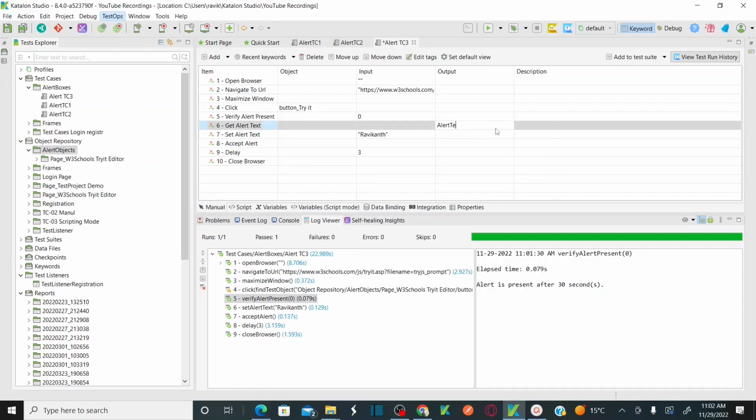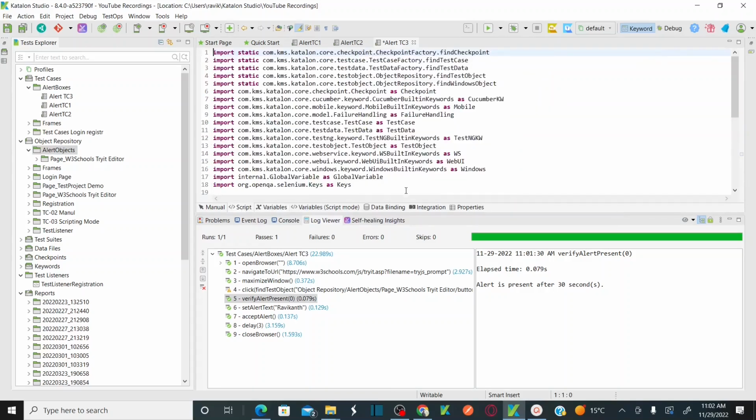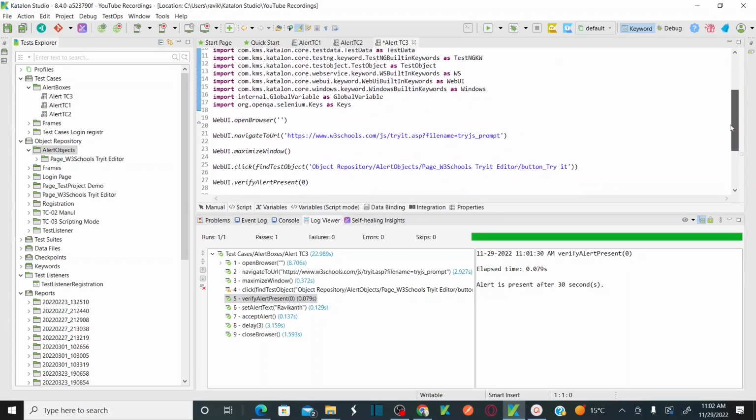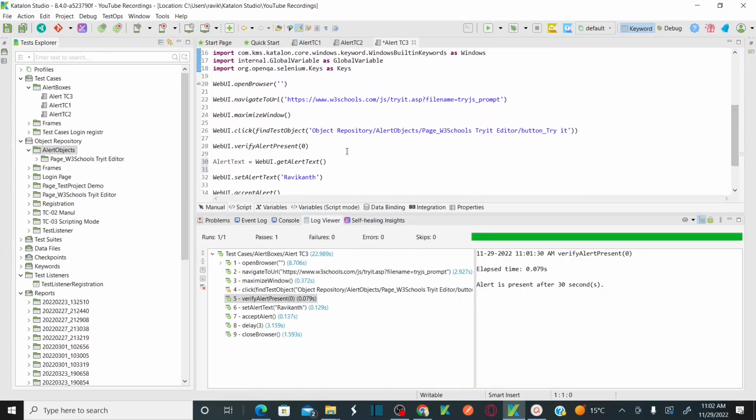alert text variable. I'm going to store that into the alert text variable. Once I store the alert text, I want to print it, right? Let's go back to the script mode. Now I want to print that, so I'll use println